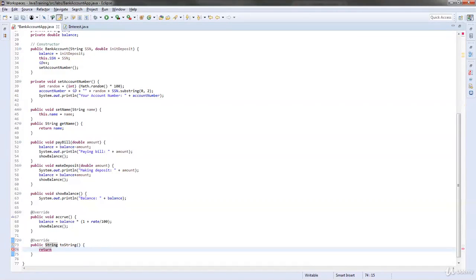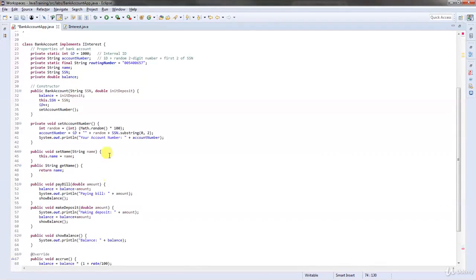We're going to return, let's see, we're going to say name, then we're going to concatenate, and actually let's put all this inside square brackets here, \n, and then after name we're going to do account number, concatenate account number, close off that item, \n, and let's do routing number, and once again we will add that, close off that with a square bracket,